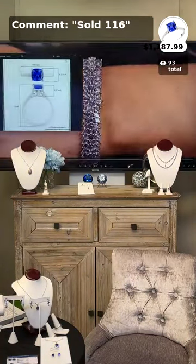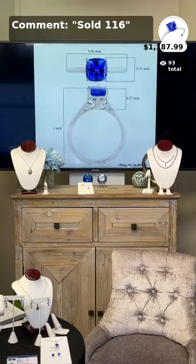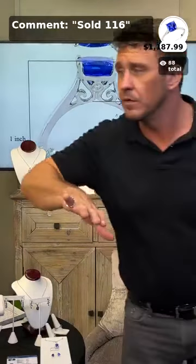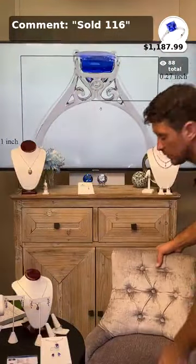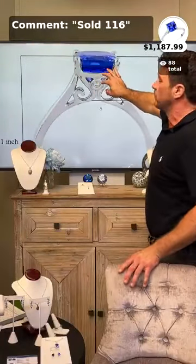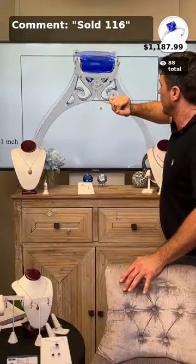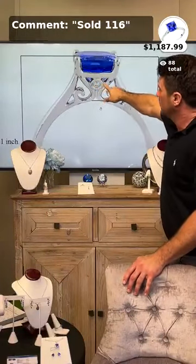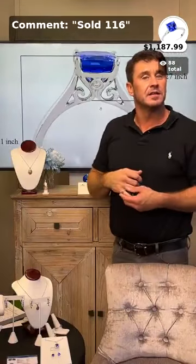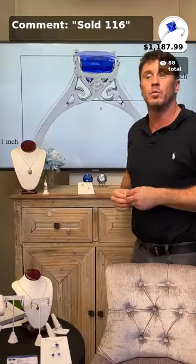This is the only picture that I have that really shows that designer setting there, but there it is behind you. Take a look. So, talked about the little signature. It's a negligible amount in terms of the diamond, but that's how you know you're working with something that is very, very high class when you have these signature designs like this. This would make an excellent engagement ring. It'd make an excellent just because ring, and it should be well over